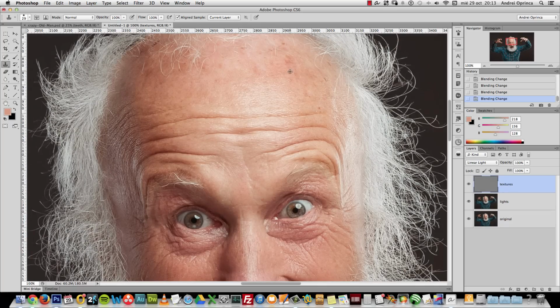Okay, so I just copy textures from one place to another, but I keep the lighting because I have the light information on this lights layer. That's why this technique is so cool. You can work on textures and on lights independently without having to worry about anything. So let's